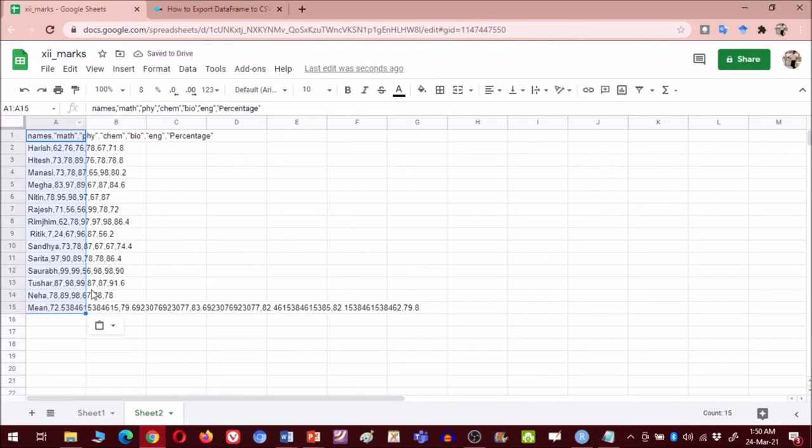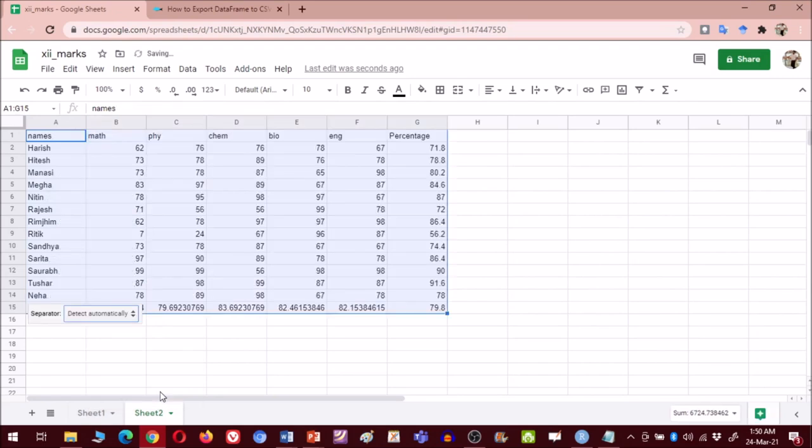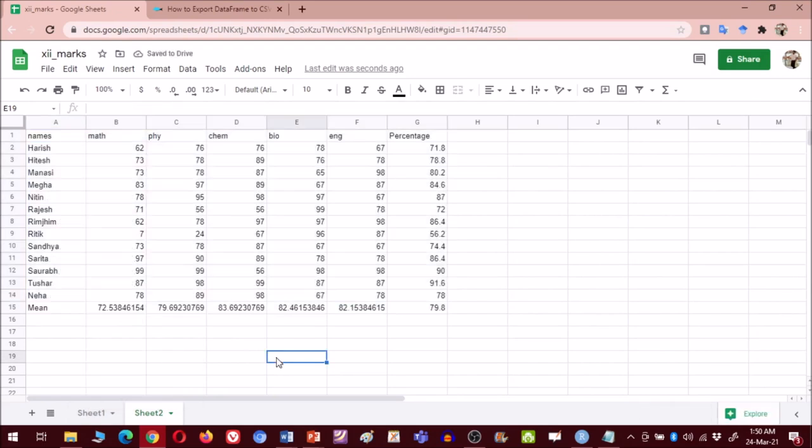Now you are getting this. What you have to do is split the text to columns, and all the columns are automatically created. You can see your mean data, your maths marks, physics marks, chemistry marks, and the name of the student. This is how you can transfer the data elegantly to your Excel file using R.